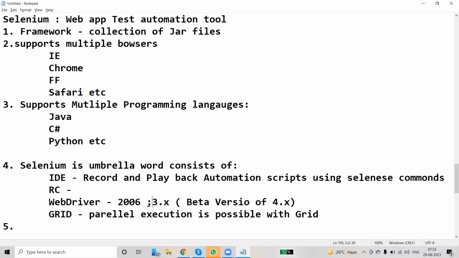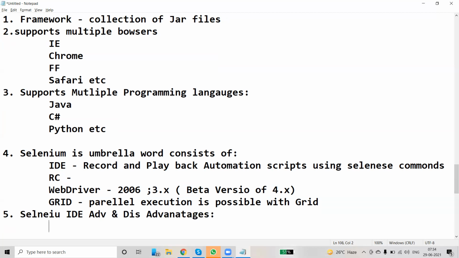Now we'll see what Selenium IDE is. As I said, Selenium IDE is a very simple framework in the Selenium suite and the easiest to learn. Anybody can learn it, but it has its own advantages and disadvantages. It is very easy to use and install, which is an advantage.